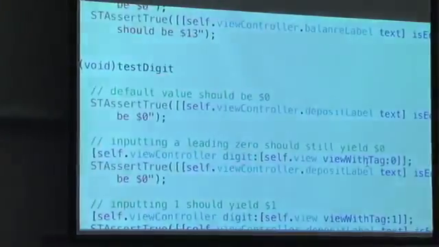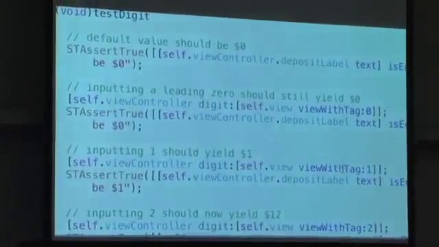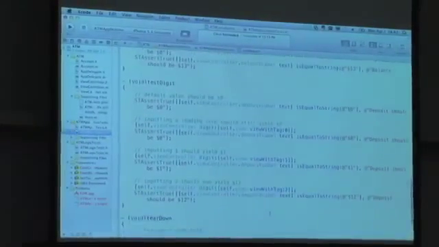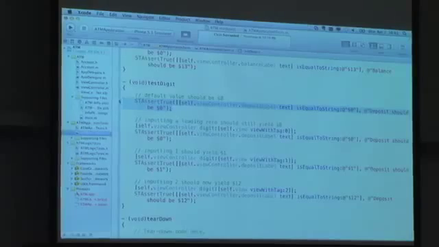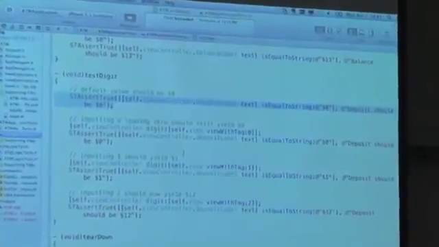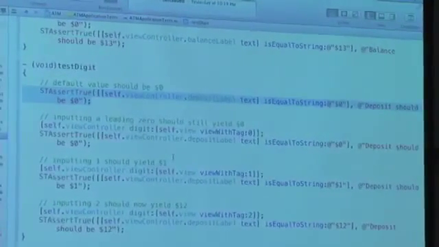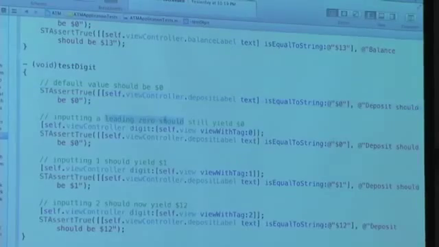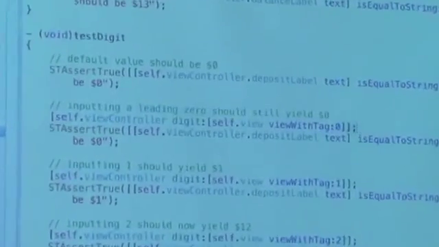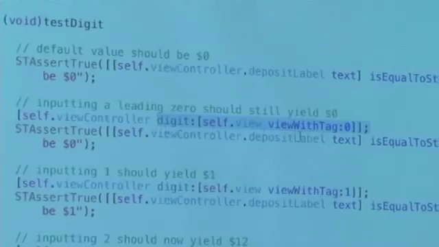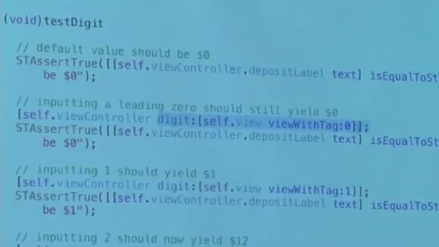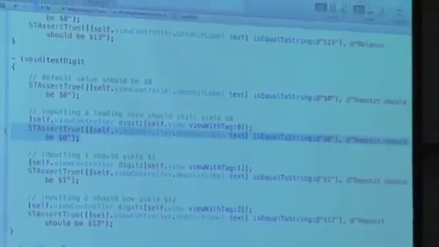What about testing digit? This one's a little more interesting because there's a lot more corner cases to consider. So when I push a digit button, like the number 0, what should be the case? Well, by default, the deposit label should be $0. If I input a leading 0, this is a good one to test. So let me go ahead and simulate the digit message with an argument of the 0 button. And what should it be at the end? Should still be